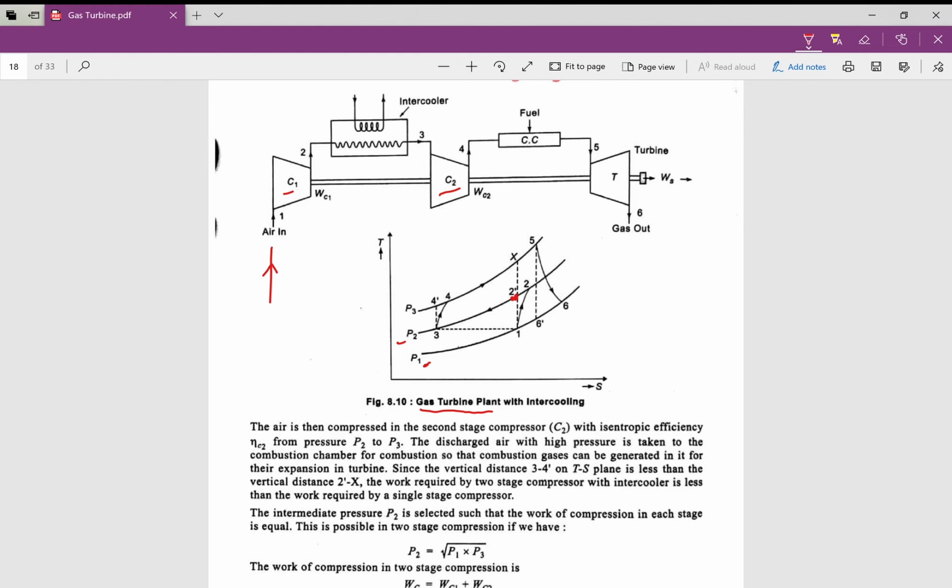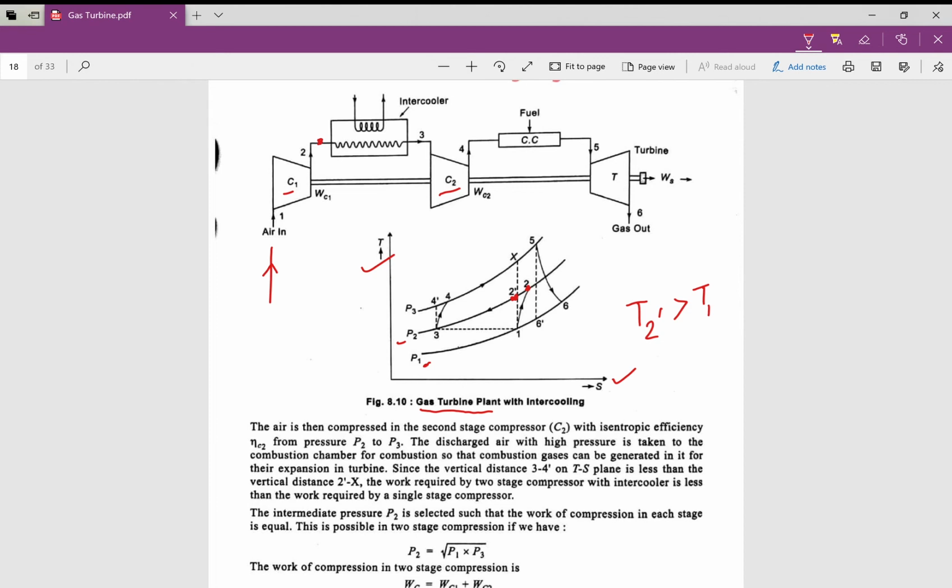Now dear students, as you know, after compression the temperature of air increases, and hence here we are getting air at a higher temperature. So on the TS diagram, this T2 dash is greater than T1, right? If you show for the actual one, it is T2. So at point T2, hot air is supplied to this intercooler.